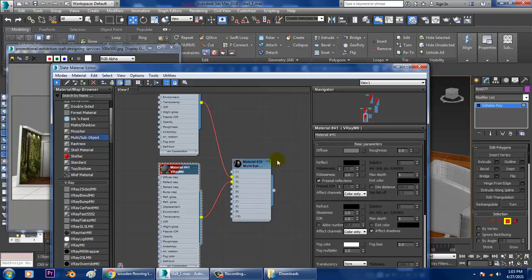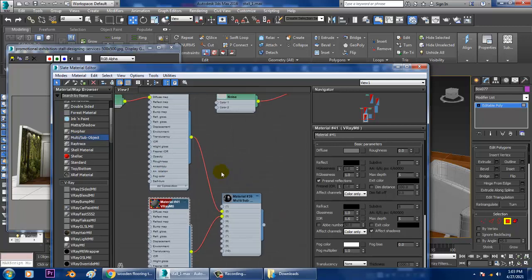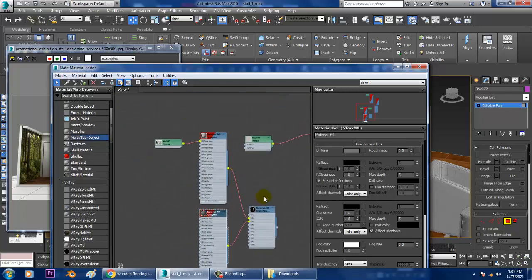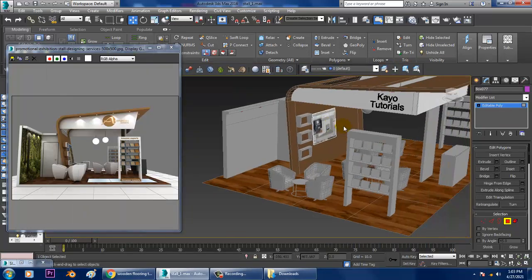I can set the IDs for particular objects and I can easily assign those materials. So that is definitely possible. You can just assign the material numbers, or you can say material IDs. You can set up a multi-sub object, and on one set you can assign up to 999 materials. That's a good thing about it. That's how we have assigned this over here.